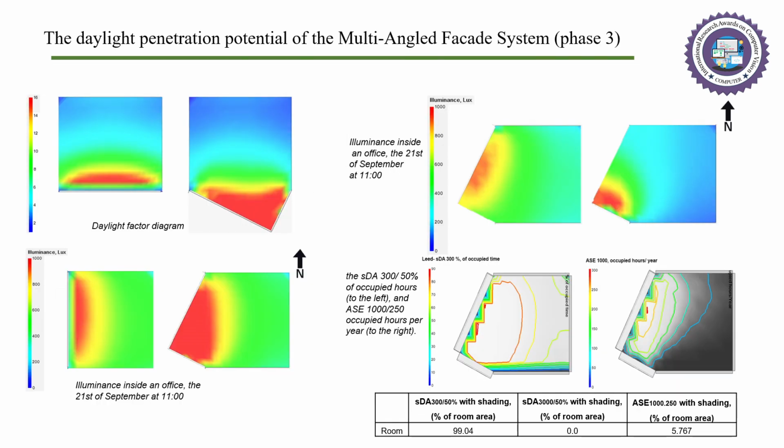This slide presents daylight simulations inside the office room. The median daylight factor for an office room renovated with a multi-angled facade is 4.3%, which is the same as the daylight factor for an office room renovated with a flat facade, and fulfills the Danish building regulations, as shown in the figure at the top left. When the solar shading is shut down on the small south part of the room facade, as shown in the figure at the top right,